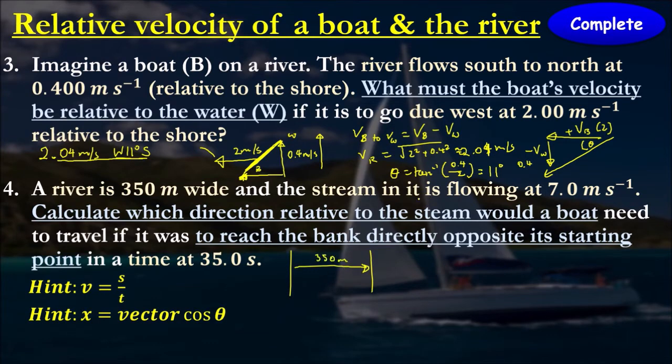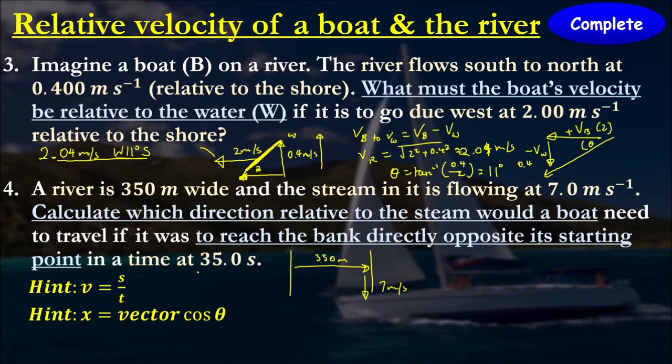Okay, and the stream is flowing at 7 meters per second. So, I don't really think it matters at this point in time how long it takes, but 7 meters down or up. So it says, which direction relative to the stream would a boat need to travel if it was to reach the bank directly opposite its starting point